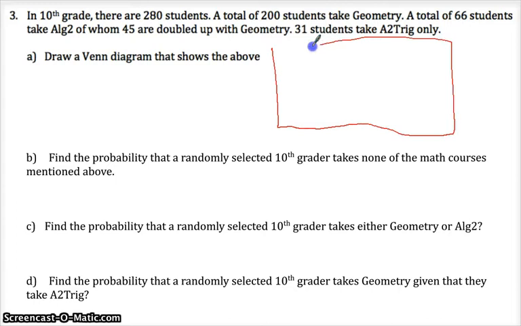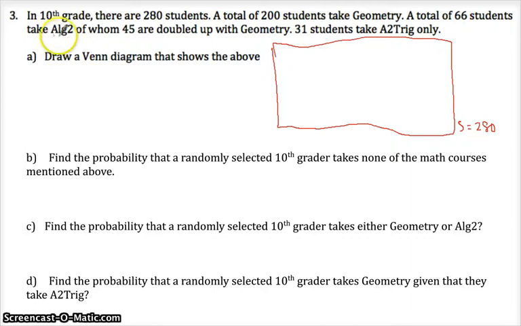Okay. I like to kind of show this on the outside. S equals 280. There's 280 kids in this whole big group. The only things we have to worry about showing are geometry and algebra 2, I think,